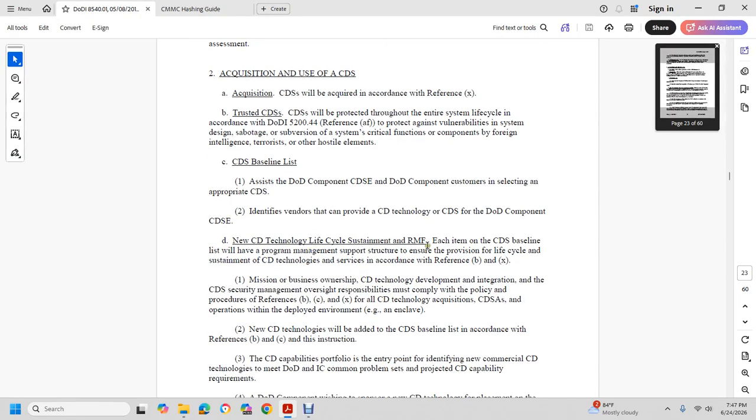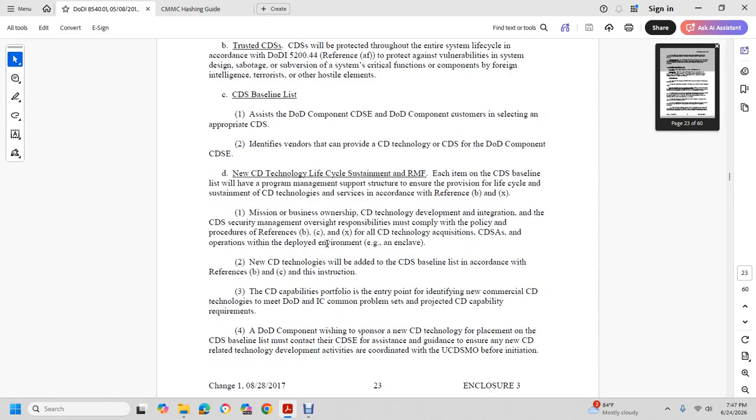New technology lifecycle of the risk management framework. Each cross-domain solution baseline must have the program management structural support to ensure that the provision lifecycle of the systemic cross-domain technology is served. Mission and business ownership, cross-domain technology development integrations. Cross-domain solution security management oversight responsibility must comply with the policy prescribed in the references, and all cross-domain technology acquisition, cross-domain solutions,